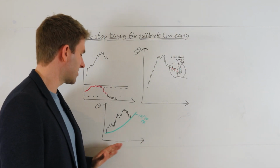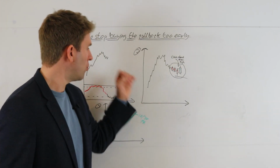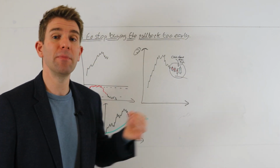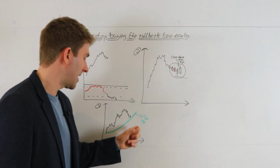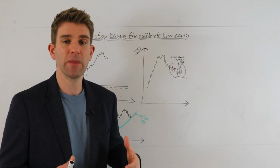So the example here is that it pushes up, and the idea is you don't buy until price has crossed the level. Now, with all these things, with these two specifically, you may well miss the trade. It may not go to oversold territory, it may just go to the upside, it may not even touch one of your moving averages. But the idea is that you at least have metrics to work from,